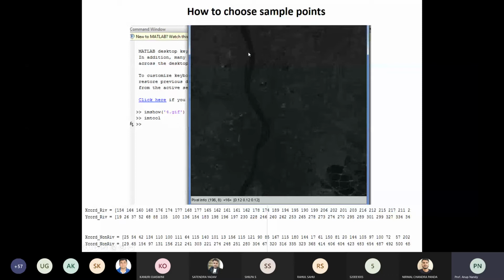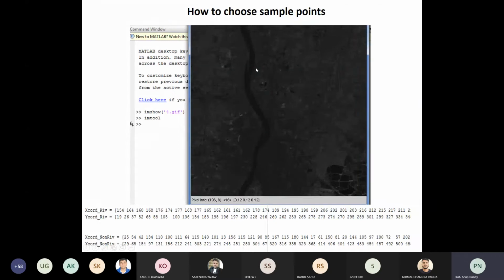But please keep it in mind, whenever you choose the sample points, you have to choose them in such a way that all the region will be covered. Please understand, all the region will be covered. Suppose you choose the sample points only in the middle part. Then some of your friends would like to take the sample points just above the middle part, and you are not considering those.